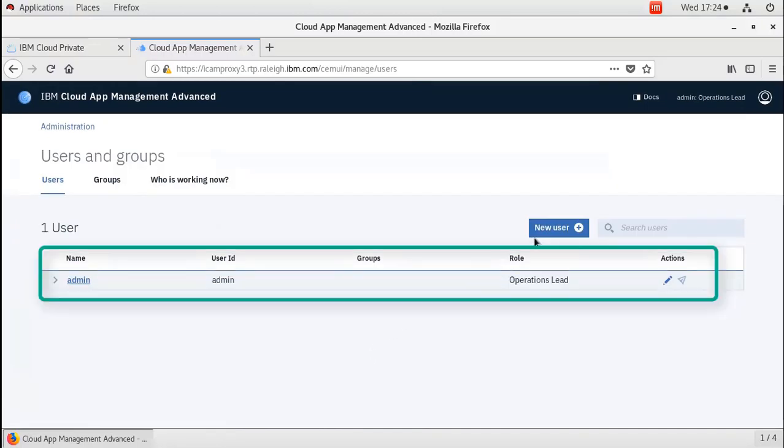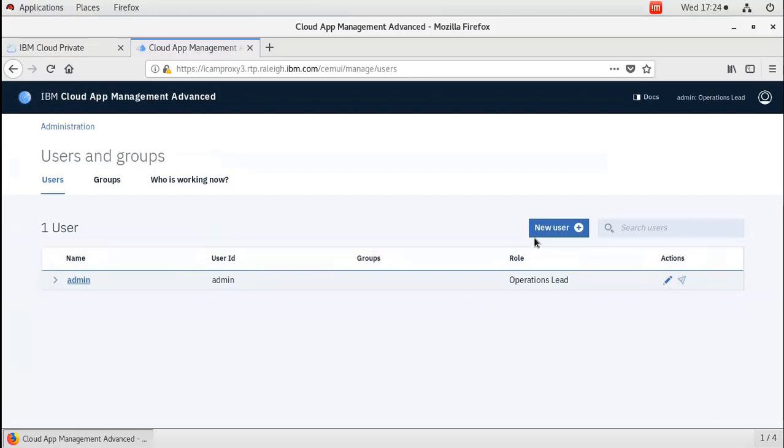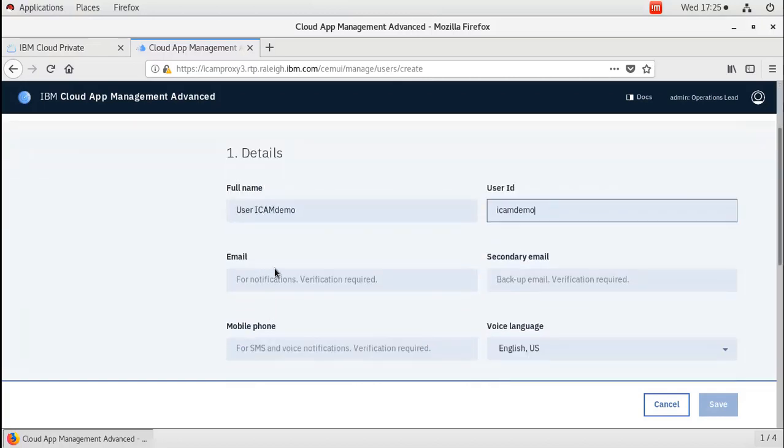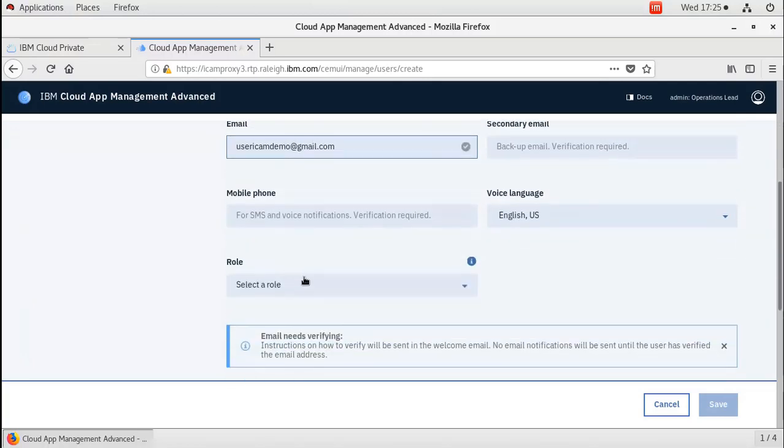You can observe one user has been defined already. That one came in by default. It's admin. Let's select New User. Provide a name. We're going to go with User ICAM-demo. Provide a user ID of ICAM-demo, an email address of user-icamdemo@gmail.com. Scroll down